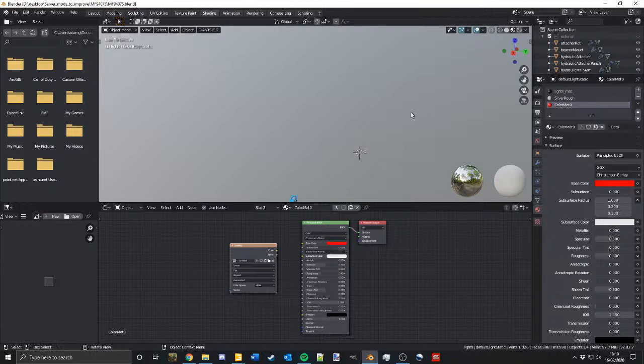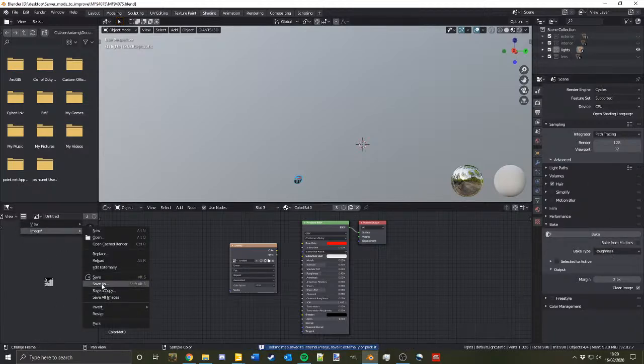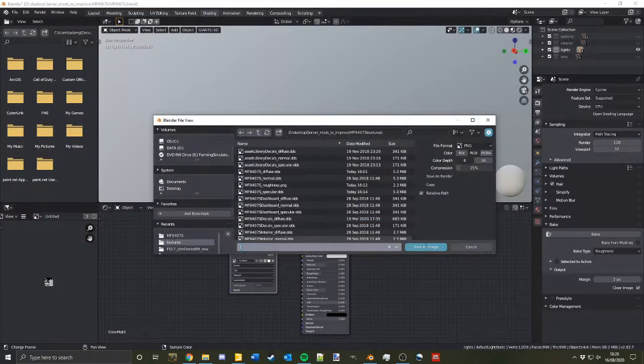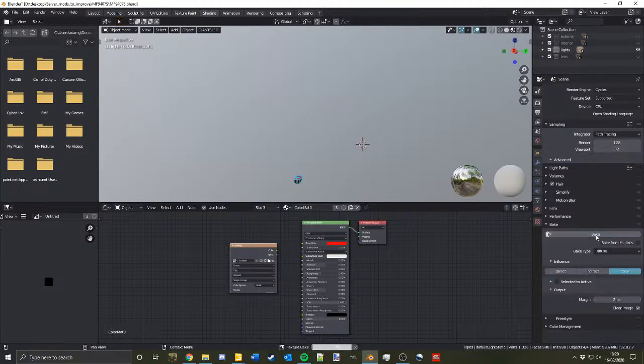So it's all set to bake. Select all that. And don't need to pick roughness, it's all the same. Actually, I do. I'll just do a quick one, just for the sake of it. Put this into 1. And diffuse, bake,